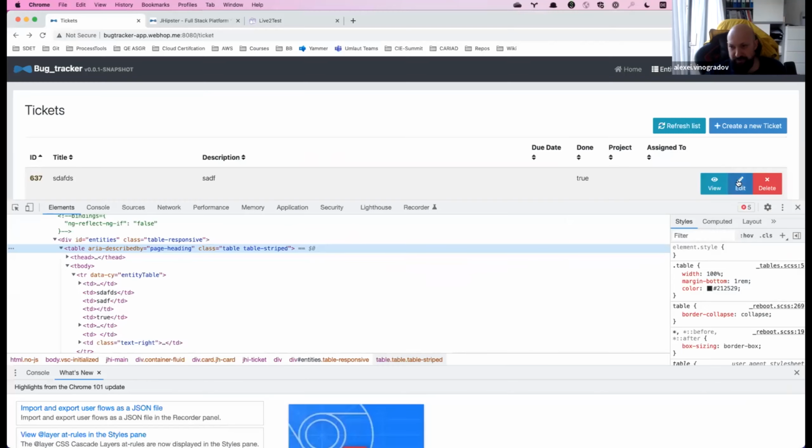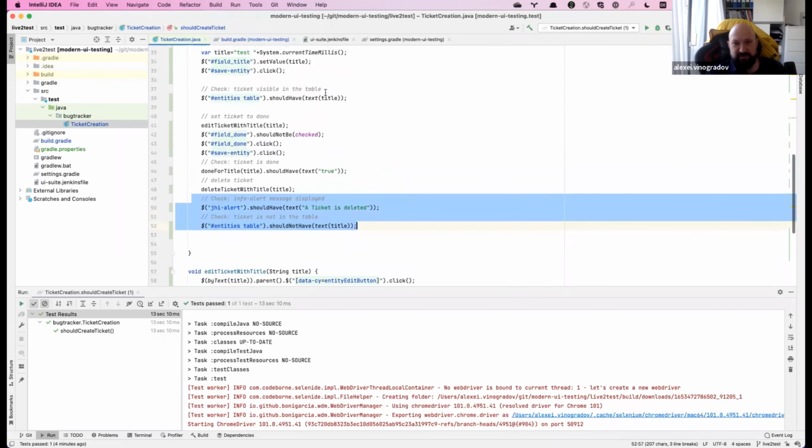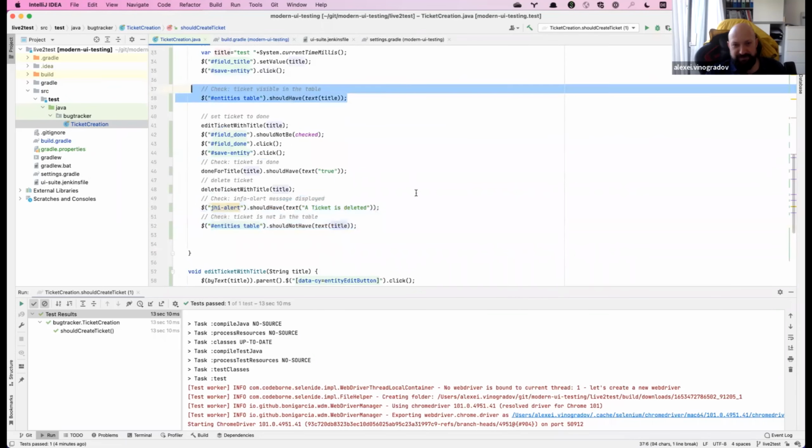These are these two lines, and after that, every test must end with a check. Sometimes it's reasonable to have some checks in between, like this one and this one, but at the end it's necessary, because sometimes we click on delete and nothing happens, but the test is already at the last line, so we would never understand that the deletion hasn't actually worked.